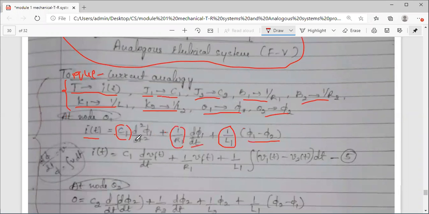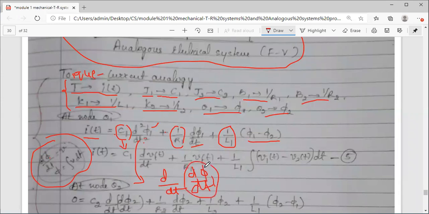Then a small reduction, how I can further reduce it, because when you draw the circuit, the circuit will be in terms of voltages and currents. Generally, it won't have this flux, the symbols. So that's why I have used this equation: d phi by dt is equal to EMF, which is V. So from this I can get what phi is, right? So the first term is C1 d by dt of phi. How have I written this first term? It is d by dt of, and one more time d by dt of phi 1.